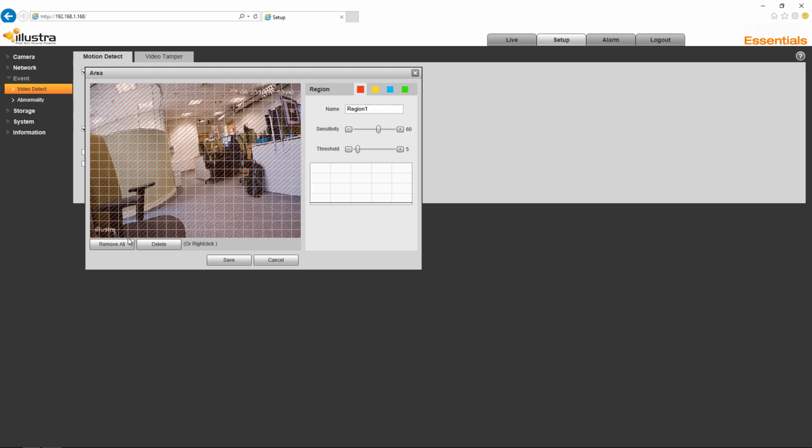You can see there are some tabs in the upper right hand corner to change between those regions. What I'm going to do first of all is just choose this Remove All button in the bottom left hand corner, and that's going to remove the current region of interest, and then I can go ahead and configure the region as I require. You can see I can change the name of the region there, I can set its